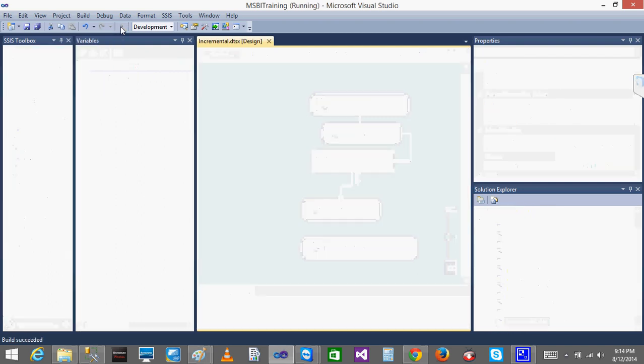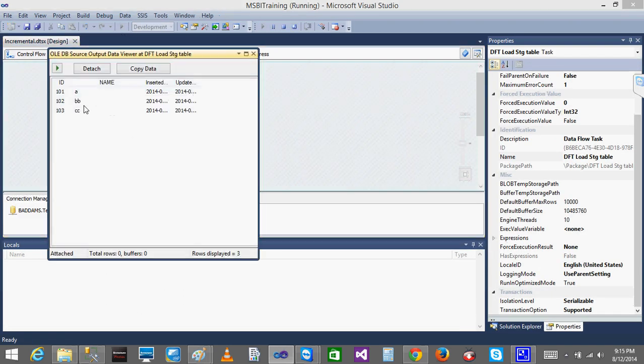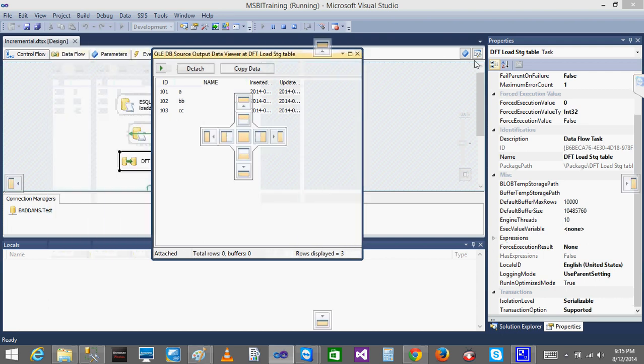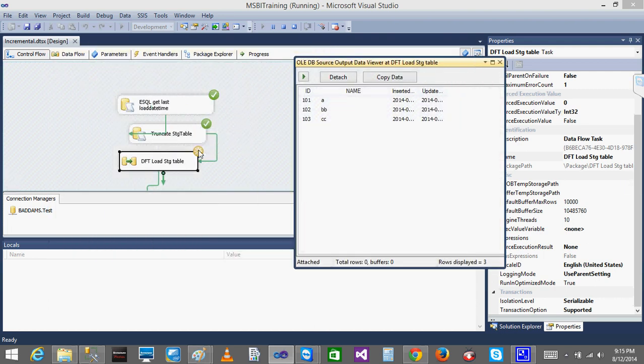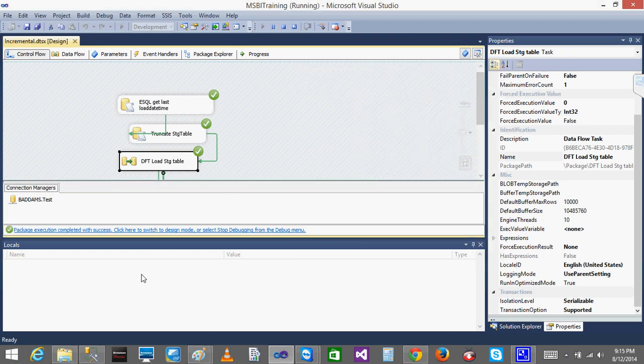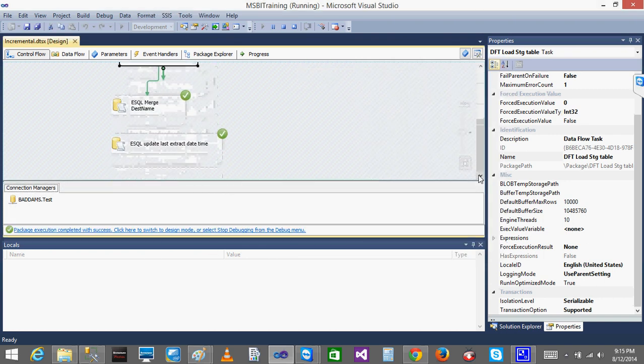See now. See, I got 3 records. I'll just click close. See, if you don't close this, then the package will not stop. It will just be in the waiting process. So either you need to give this pause button or detach. When you give this play button, it will go to the next records. So better detach, or you can close. When you close, then it will go to the next step. So now it is gone, and you can see all the steps got executed.